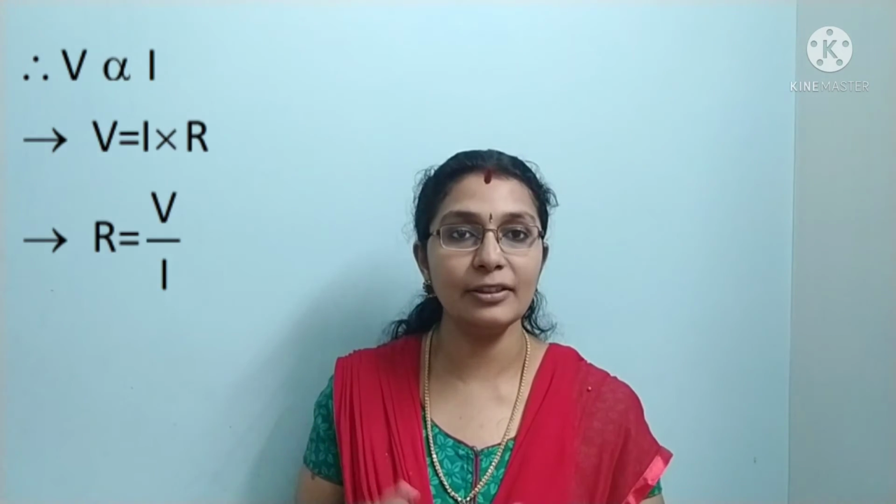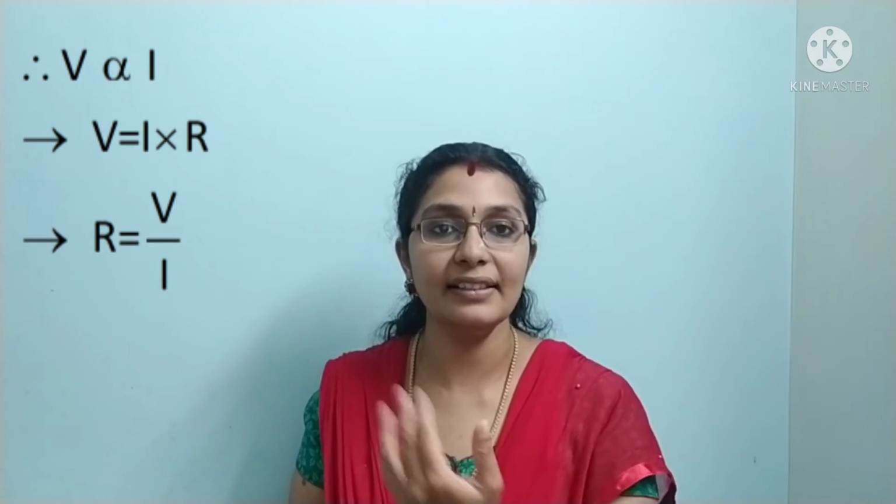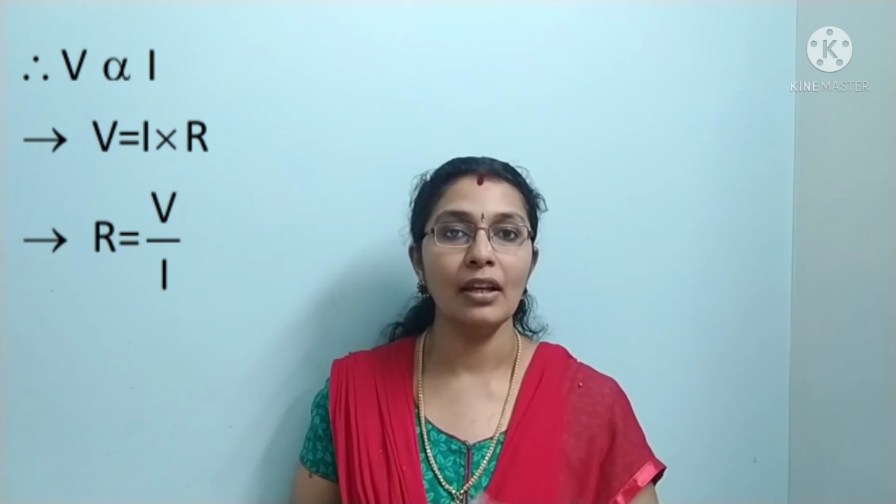So how to choose this resistor? What value can we use? You just know the formula V is equal to IR, right? So resistance R is equal to V by I. V's value you know 9 volts and I is what you require in the LED, which is 1 milliampere. So when you calculate it, you can find how much resistance should be placed. Clear? The unit of resistance is ohms, which is expressed in symbol omega.